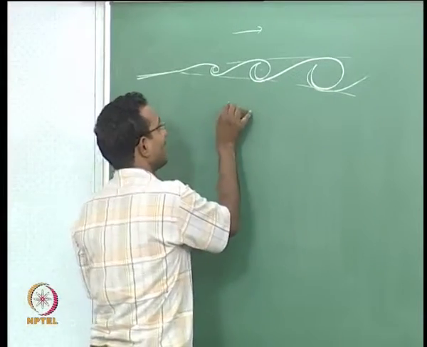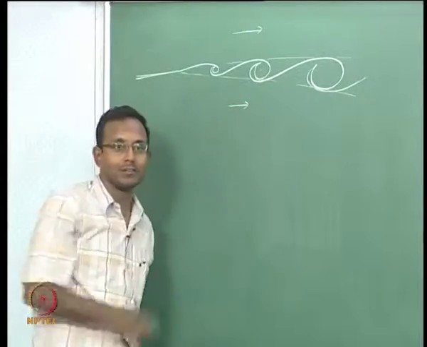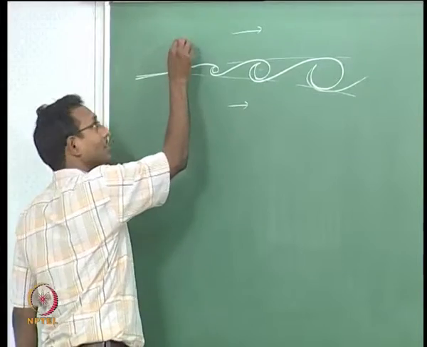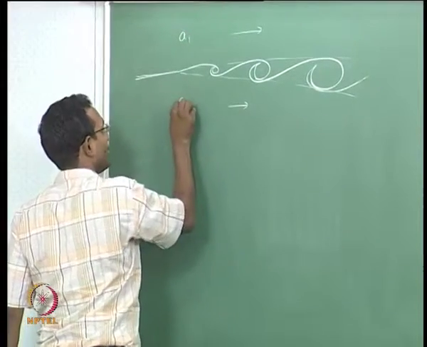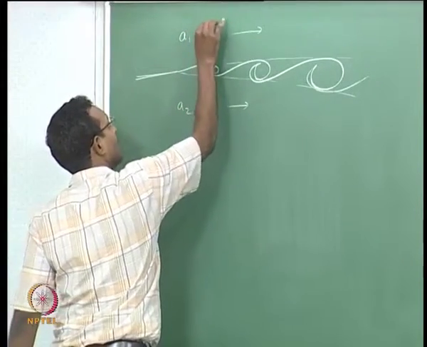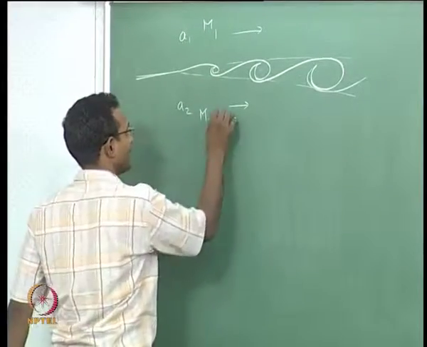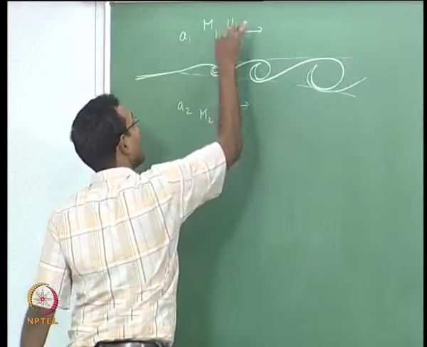And then they realized there is another velocity here, so there is another Mach number here. By the way, the temperatures need not be equal here and above, so I will call it A1, A2, and I will put M1 and M2, which of course means that I am going to have a U2 here and a U1 here, velocities.